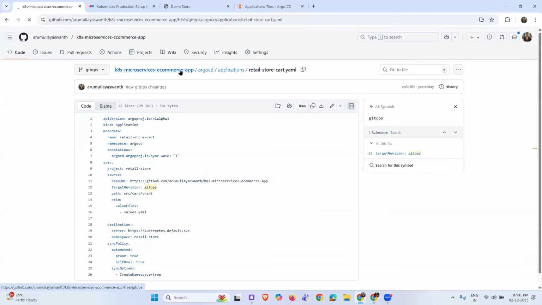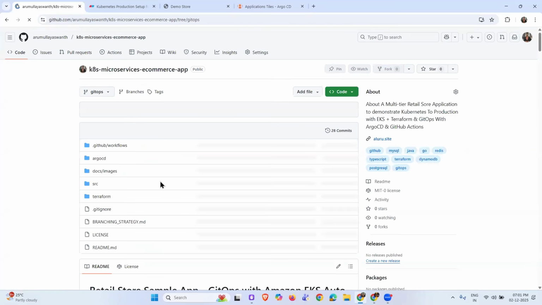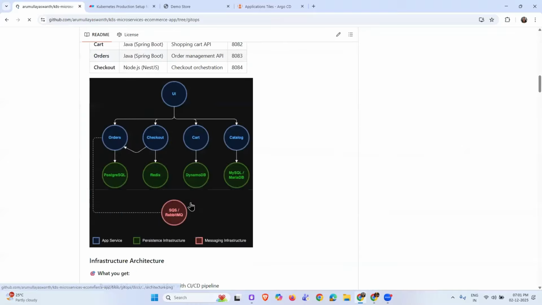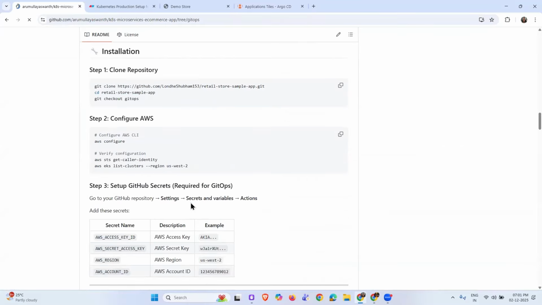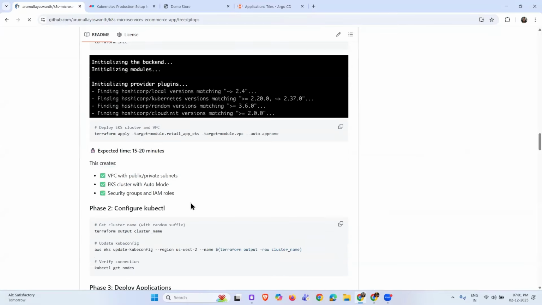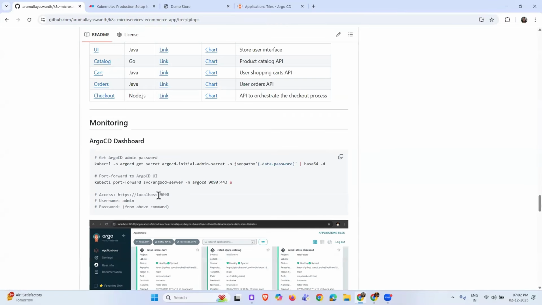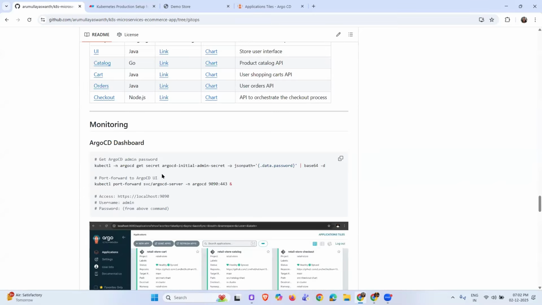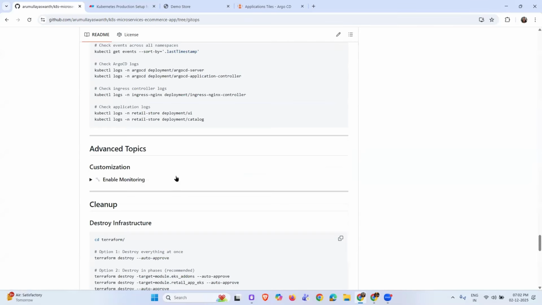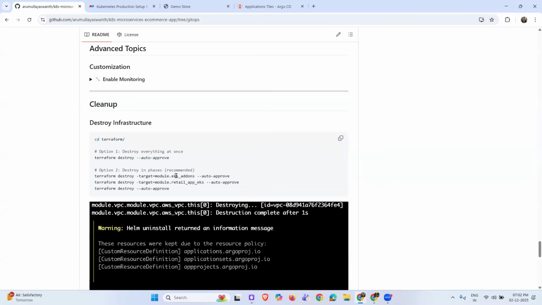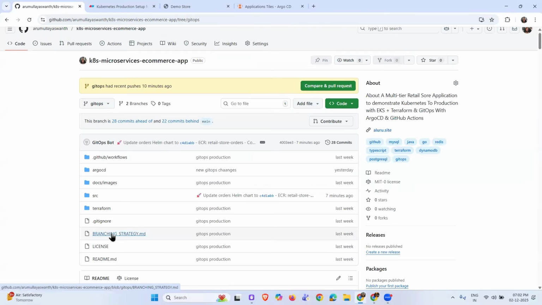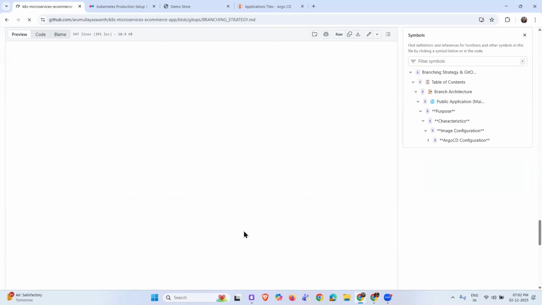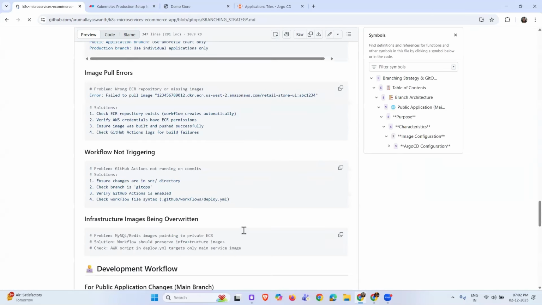If you go to my GitHub's branch, in the README file I gave all the steps. If you follow the steps, maybe you will get clarity on what I did. See, branching strategies. Go to the branching strategies. The last one, I mentioned somewhere. Yeah, see,